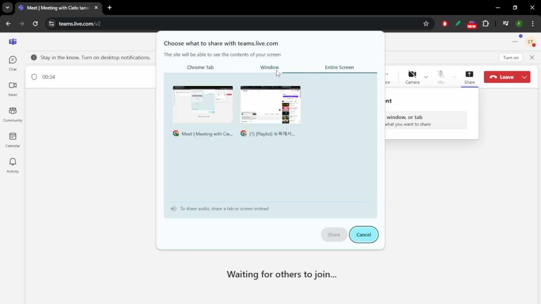2. Window. Choose this option when you want to share just one specific app or window. This helps to keep focus on the task at hand without showing other tabs or apps you might have open. For example, if you want to share a Word document or a browser window without distractions, this is the best